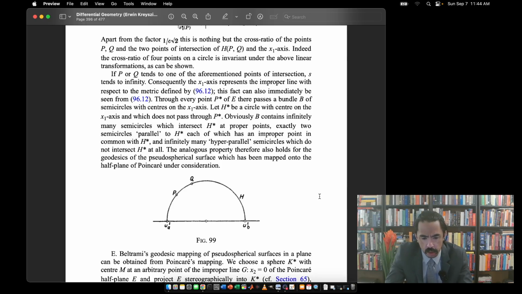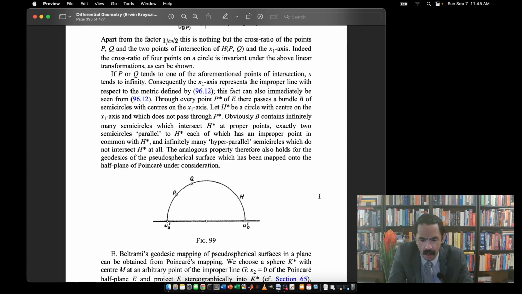Indeed, the cross ratio of 4 points on a circle is invariant under the above linear transformations, as can be shown. If P or Q tends to one of the aforementioned points of intersection, lowercase s tends to infinity. Consequently, the x1 axis represents the improper line with respect to the metric defined by the above relation 96.12. This fact can also immediately be seen from